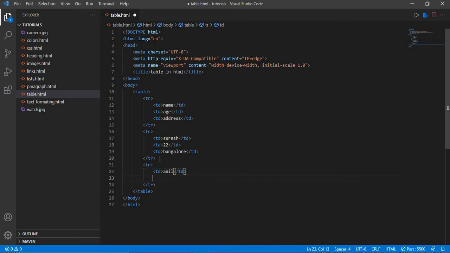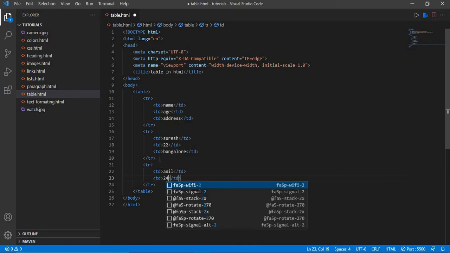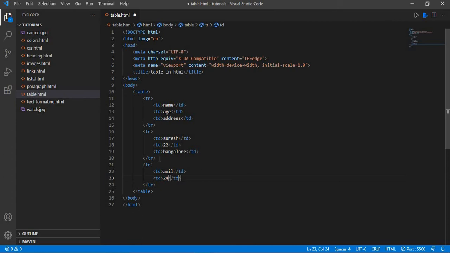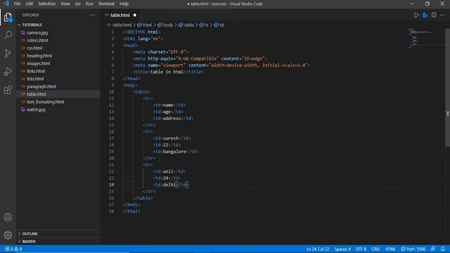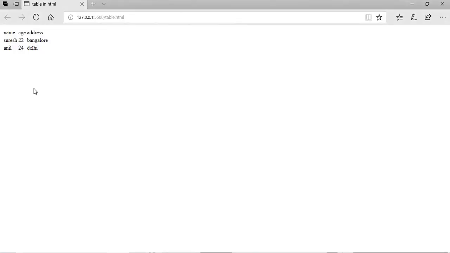After that, his age we'll give as 24, and he is from Delhi. Now we'll save it, and here you can see the name is Anil, age is 24, address is Delhi.